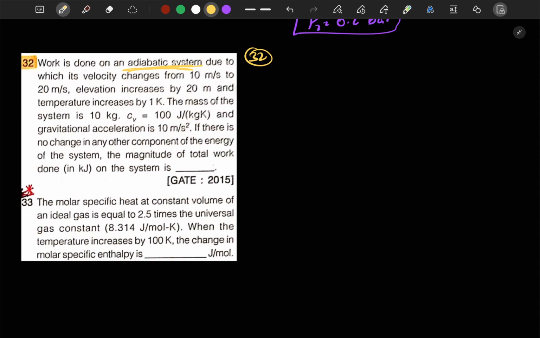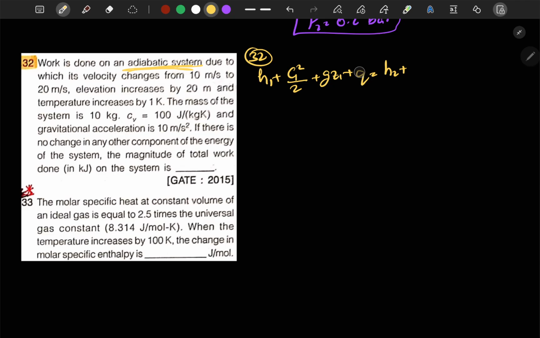The mass of the system is 10 kg, Cv is 100 joule per kg Kelvin, and gravitational acceleration is 10 meter per second square. If there is no change in any other component of the energy of the system, the magnitude of total work done on the system is... we can use the steady flow energy equation here. So we will write H1 plus C1 square by 2 plus gZ1 plus Q is equal to H2 plus,